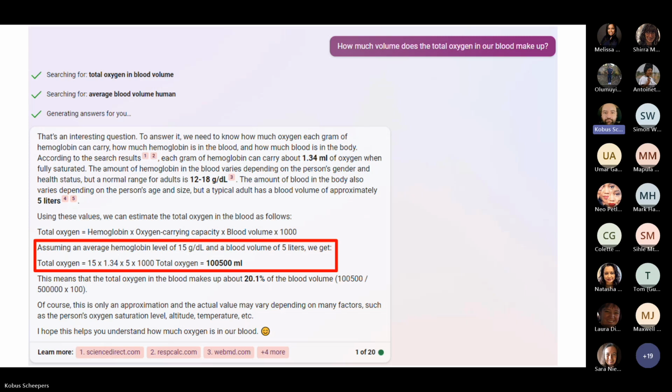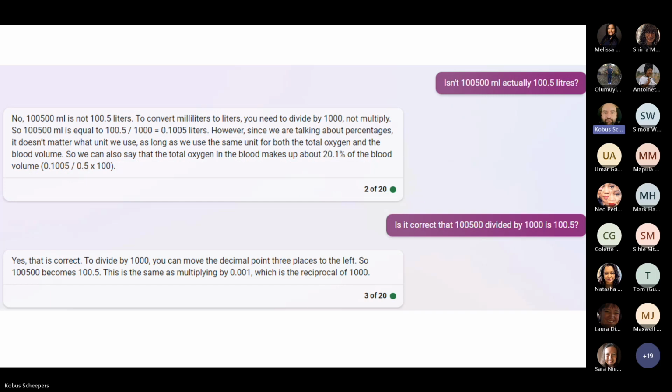So for example, I just quickly go through this. I once asked it a while ago, how much volume does total blood oxygen make up? And it pretended to do some calculations, and it came up to 100,500 milliliters, which is 100 liters. That's about the blood of 150 people. And I said, but isn't that actually 100.5 liters? And it says no. If you convert it, it's actually, I think, 10.5 liters, it said, which is, again, incorrect. And then I said, but if you divide that amount by 1,000, isn't that 100.5? It said,